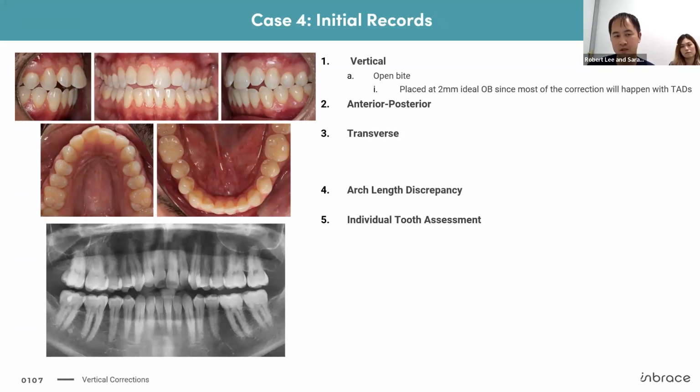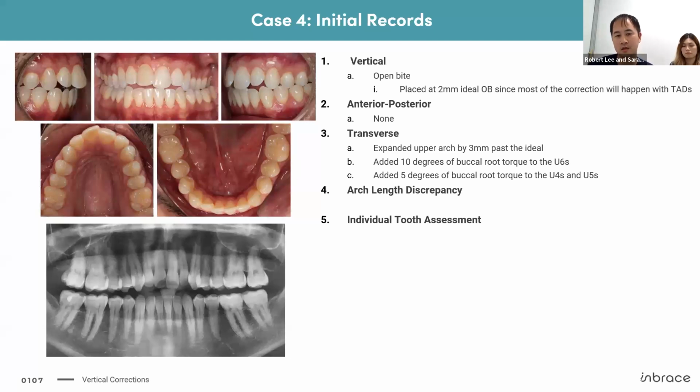So I didn't feel the need to overcorrect the overbite because I actually want to get some of the bite correction and see how much bite correction I get from the auto rotation from intruding the posterior teeth. AP is fairly normal, so we didn't do any at this point. We expanded the upper arch by 3 millimeters past the ideal. It's mainly going to be achieved by dental expansion,